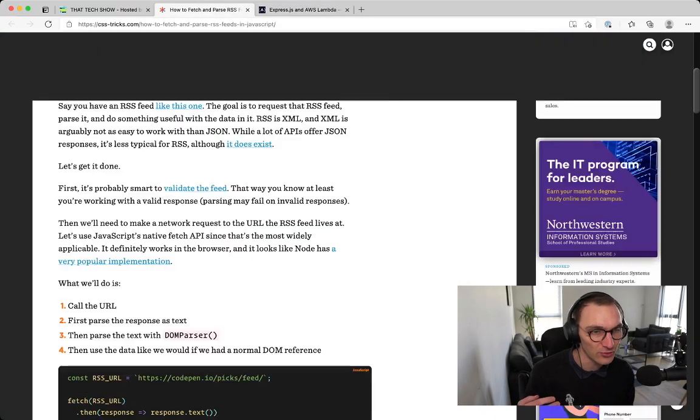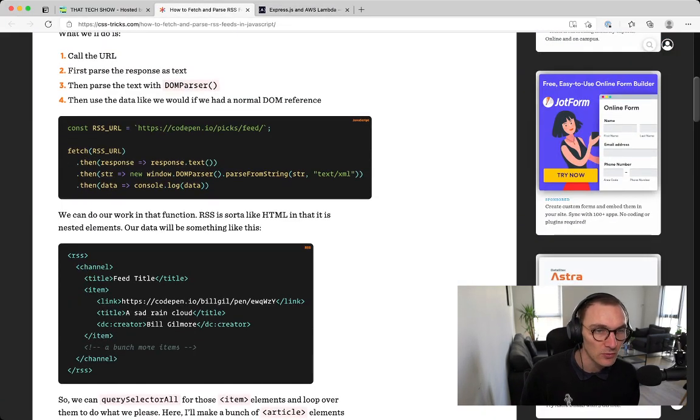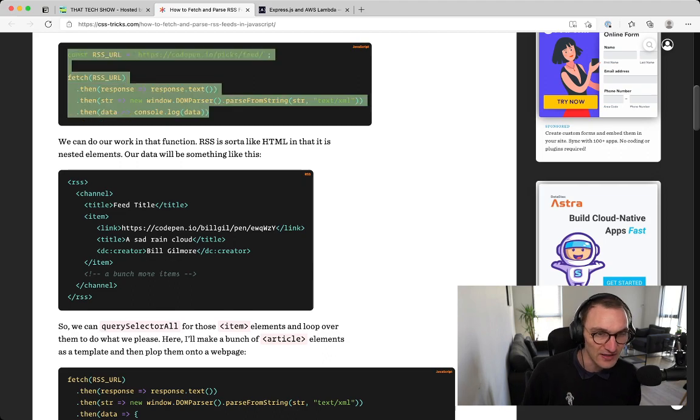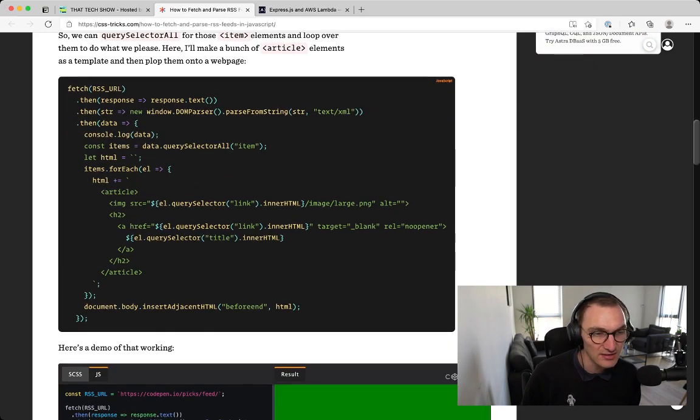I followed this tutorial, this article, where it just fetches an RSS feed, and this is where I was getting exactly the same sort of stuff. This is what I was getting